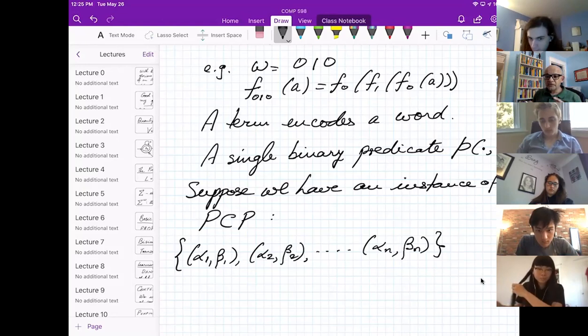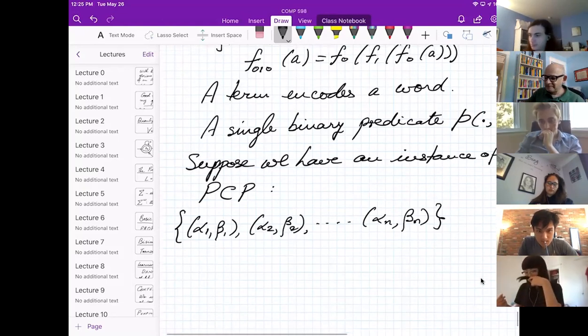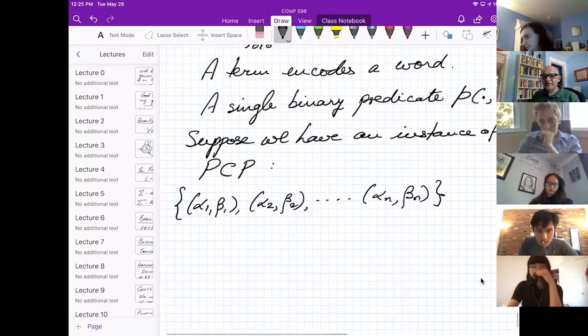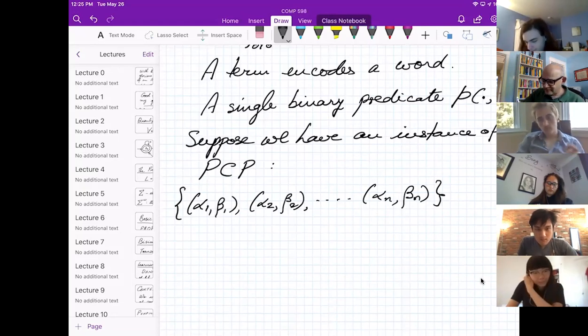We are going to code up the description of a tile in a formula. That's how it's going to work. Okay, so let me just write down a massive formula, and then we will try to deconstruct it and spell out what it means. But at first it'll just look like a monstrous thing that's spanning the page.